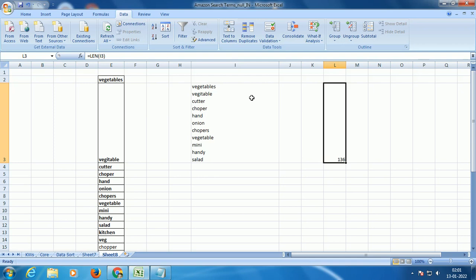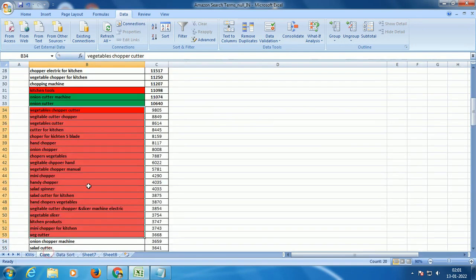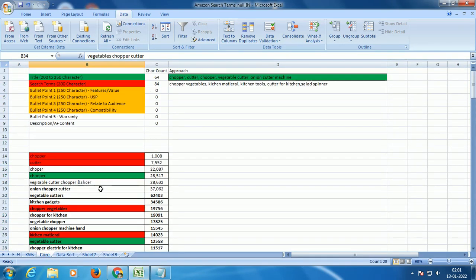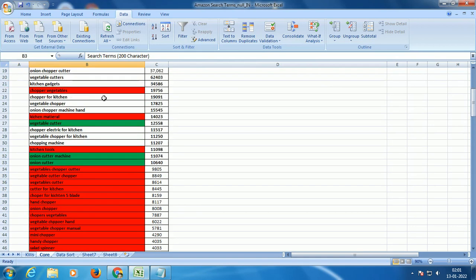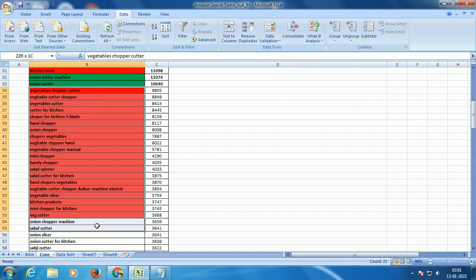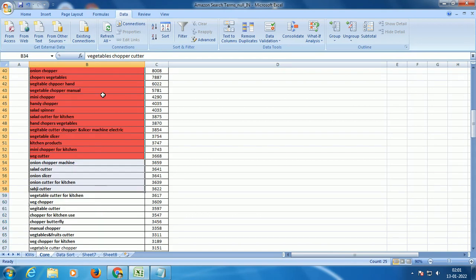So what I mean to say is those 20 keywords are equivalent to 136 characters. Now the limit that we have for search terms is 200 characters. So technically, instead of 20 keywords, I could probably take 25 keywords.